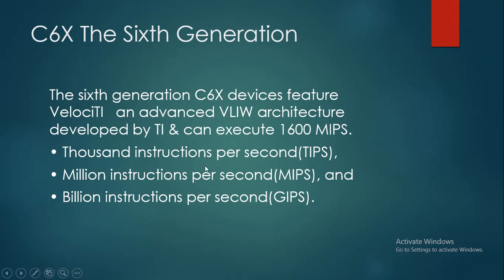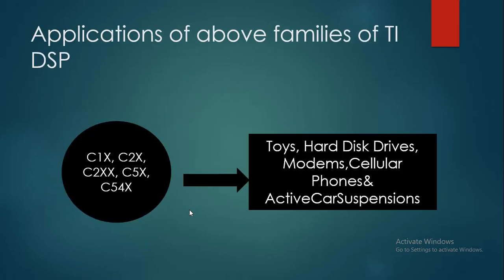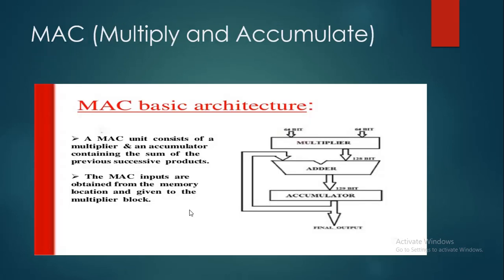TIPS are nothing but 1000 instructions per second, MIPS are nothing but million instructions per second, and BIPS is nothing but billion instructions per second. One of the major important things in the DSP architecture is the MAC unit. We'll discuss it. MAC is the basic architecture consisting of the multiplier and an accumulator containing the sum